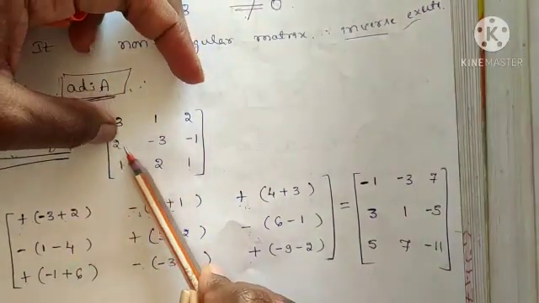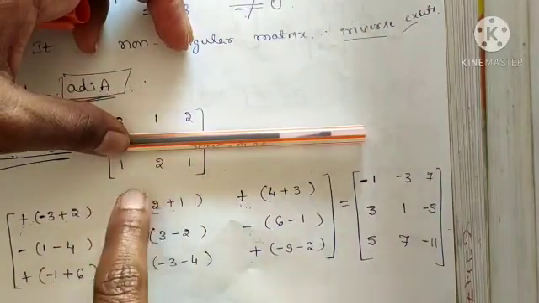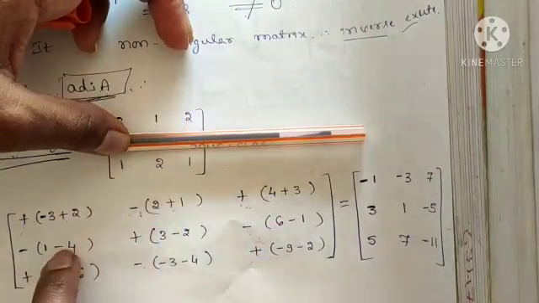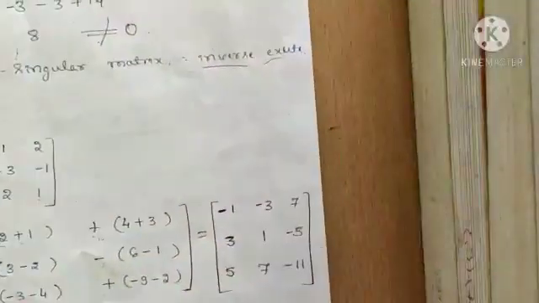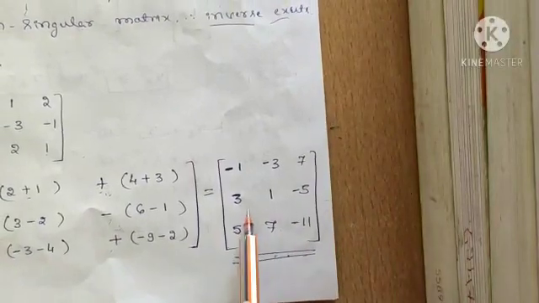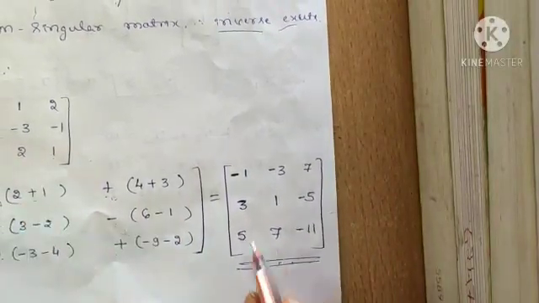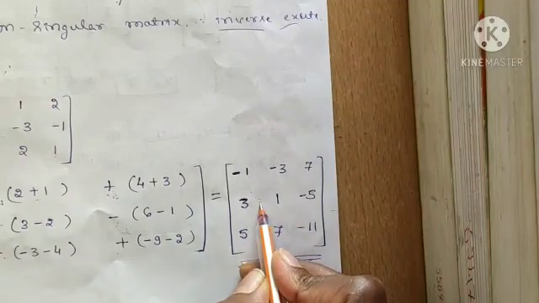That is for this place negative, you have to neglect these two factors. Just multiply 1 into 1 is 1, 2 2s are 4, but the place value is negative, 1 minus 4. Similarly, find out the solution. After simplifying this one, you will get the cofactor matrix. Okay, what is the adjoint of A? The transpose of this cofactor matrix is nothing but the adjoint of a matrix.